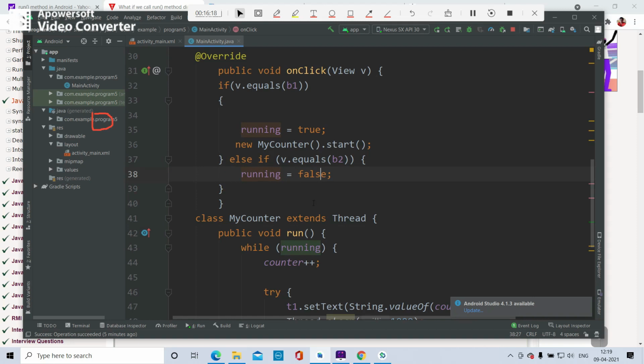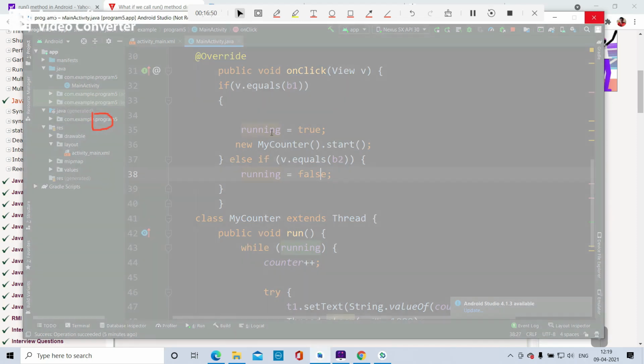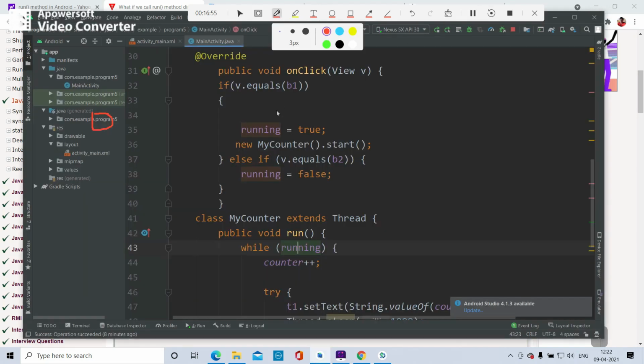When running becomes false, this while running loop will not execute, because the running variable becomes false. Thus the counter will stop. Once again, if you click on start, in the start event, you made running equal to true. This statement shows running equal to true when you click on the V1 button.